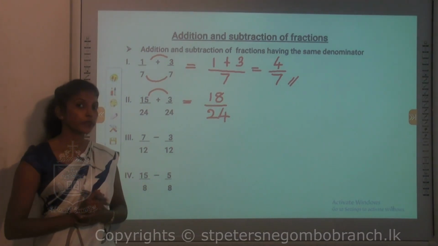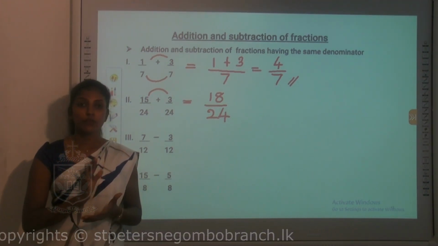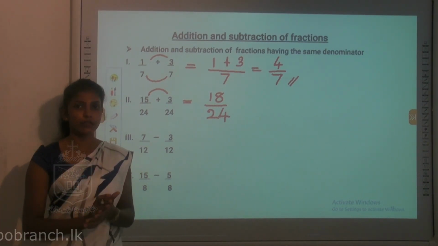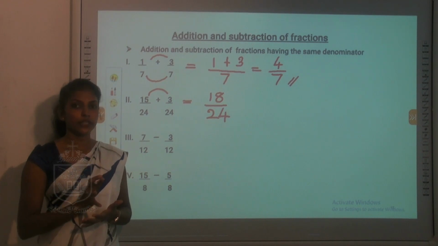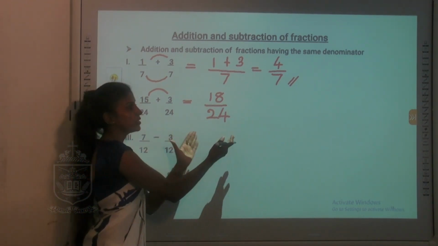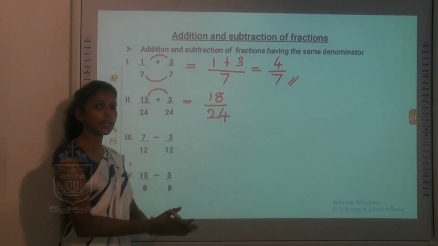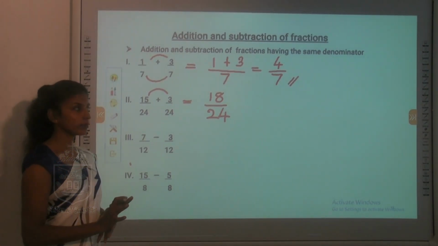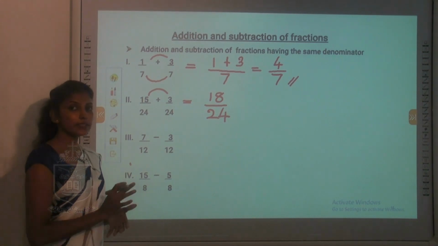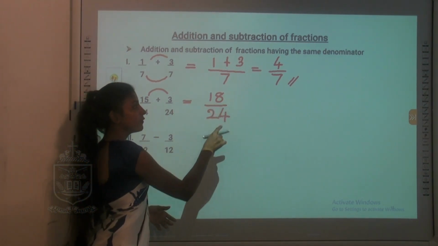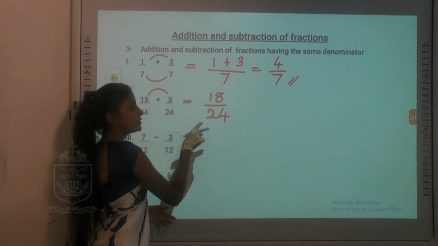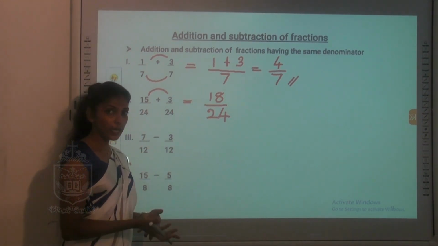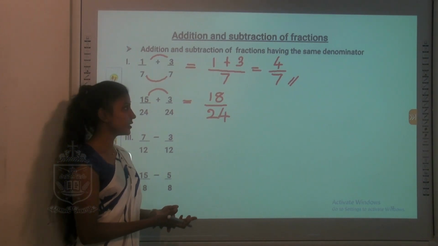Okay, now in this step there's something that should be mentioned. Now we all know when we are simplifying fractions, we need to keep the answer in the simplest form. When we are adding or subtracting, always the final answer should remain in the simplest form. So how can we keep the answer in the simplest form? Always you have to check whether we can divide this numerator and denominator by some common number. Can we divide? Yes, we can divide.